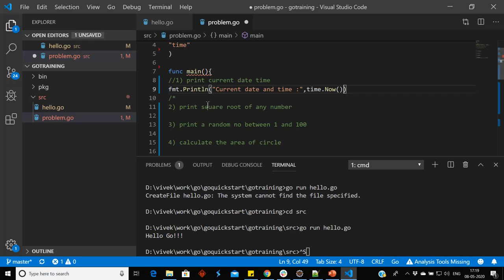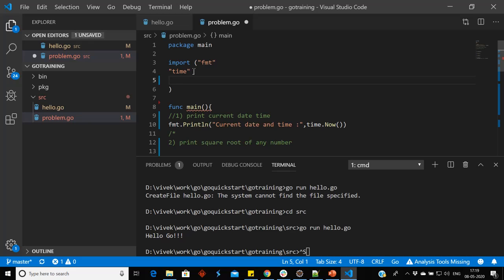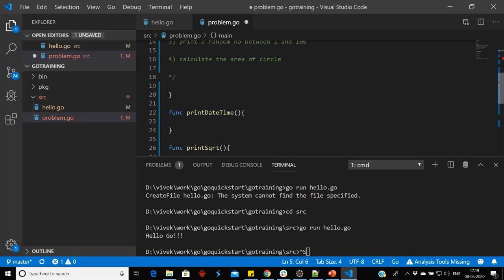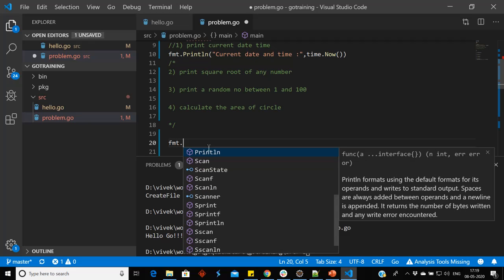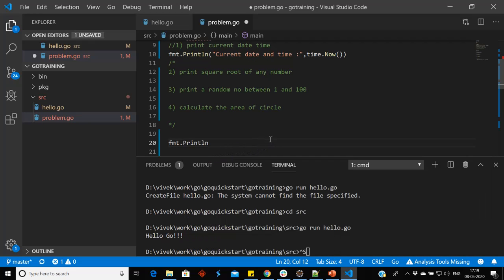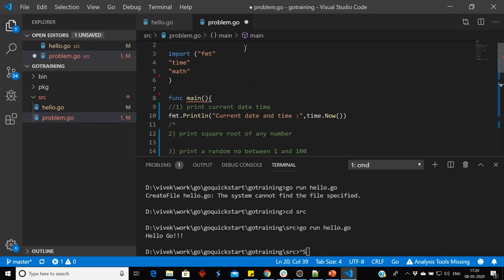For printing the square root of any number, we can use the math package. So we can import the math package here. The math package has a function math.Sqrt, which gives the square root of any number. For printing a random number, there is a package math/rand.